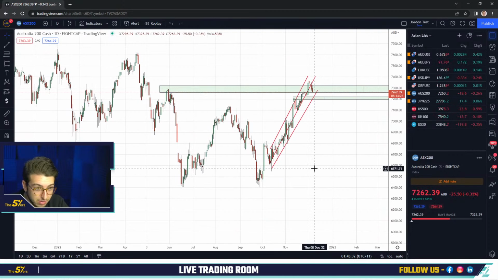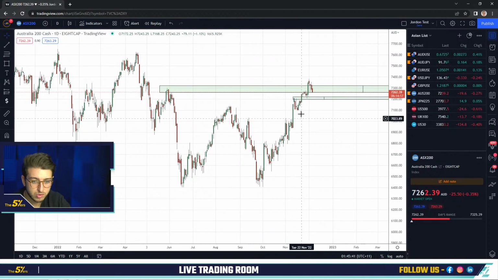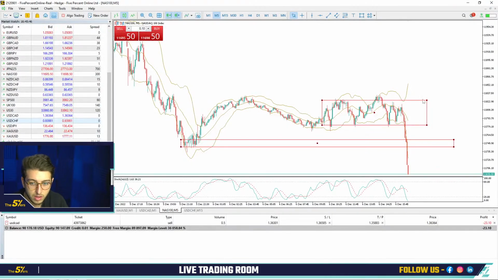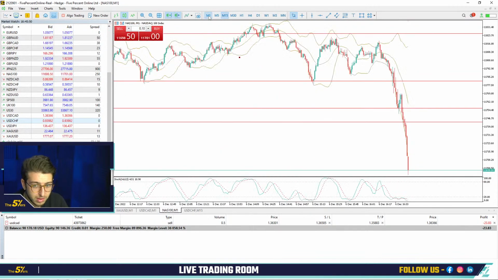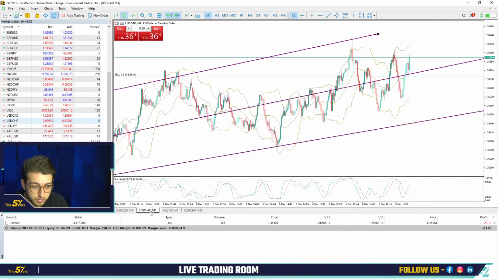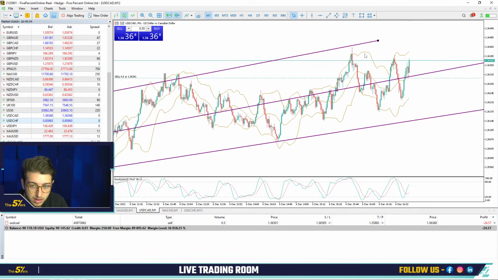If you guys like that I show you this type of chart and different assets, let me know. I'm always happy. But it's quite the same as the FTSE. The FTSE behaving quite the same. Just got out and stopped out on Nasdaq. That's totally fine. I still have CAD that I'm still in.